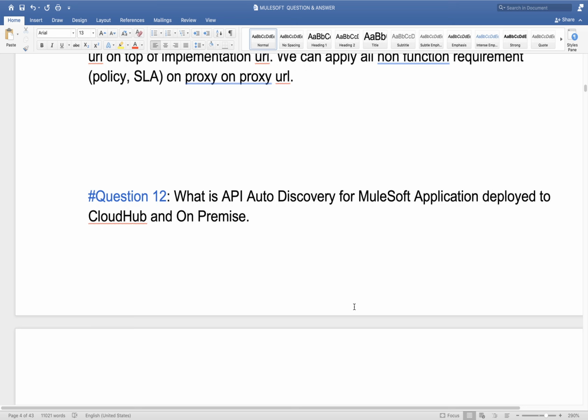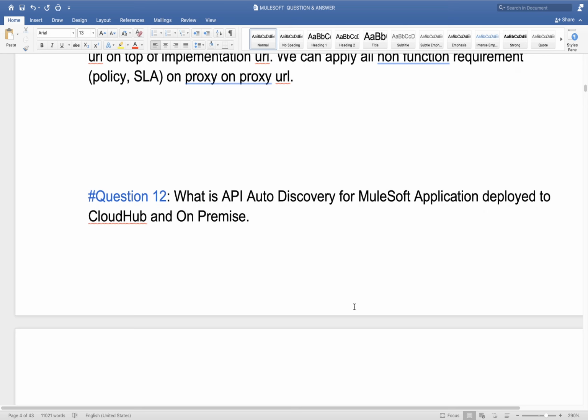Whatever request comes goes first to the gateway, then to API Manager to check whether it fulfills all the policies and SLAs. If it does, then it goes to the API implementation in Mule runtime. Otherwise,